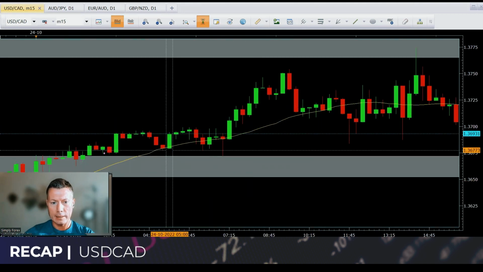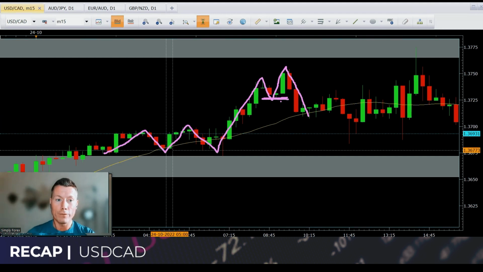Okay, so we were clearly in an uptrend in the M15. Higher highs, higher lows, higher highs, higher lows. And then we get a structure break. When these lows are broken on the M15, this is another piece of confluence to take this price lower, to take this pair lower.